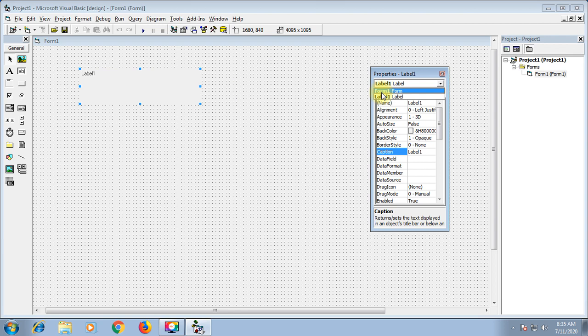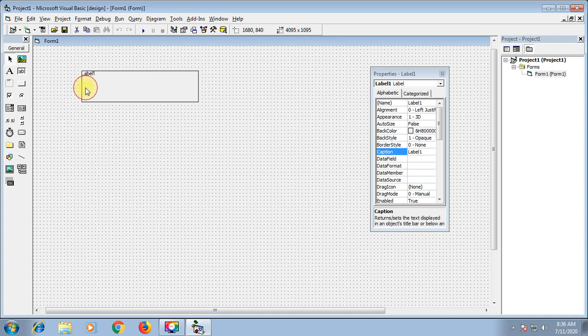Earlier there was only one control displayed in this list, that was Form1. But now I have taken one more control on my form. So it is also displayed on the screen. It is Label1. I repeat the action again so that you can understand.